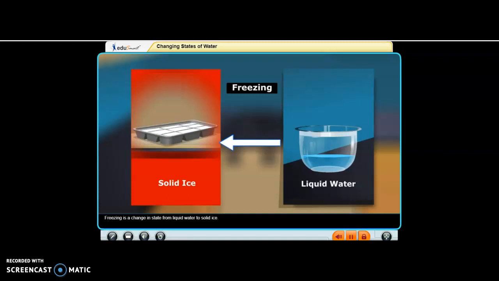Freezing is the process where a liquid changes to a solid caused by cooling or removing the heat energy, or thermal energy, from it. And melting is the other process that we learned where we're changing a solid to a liquid. So this happens when thermal energy is added to the substance, which causes